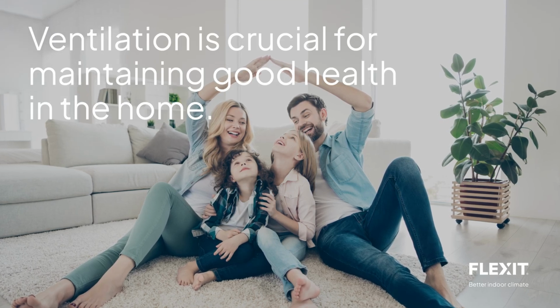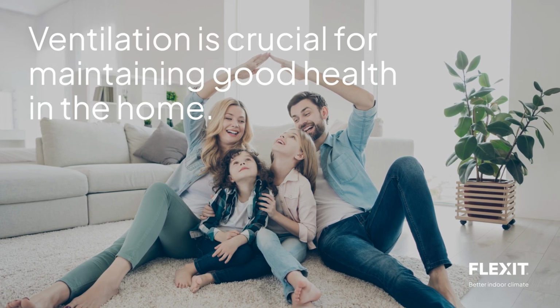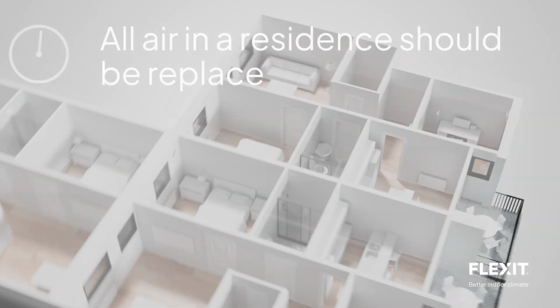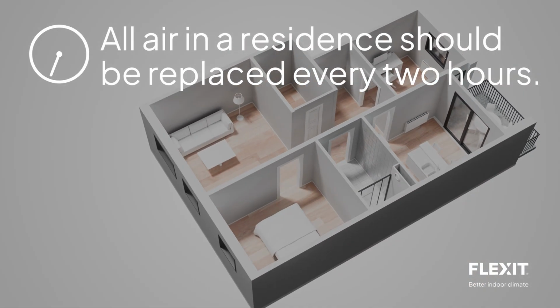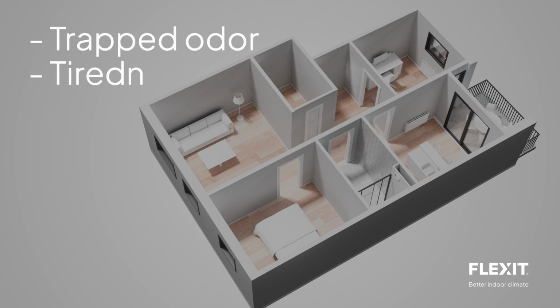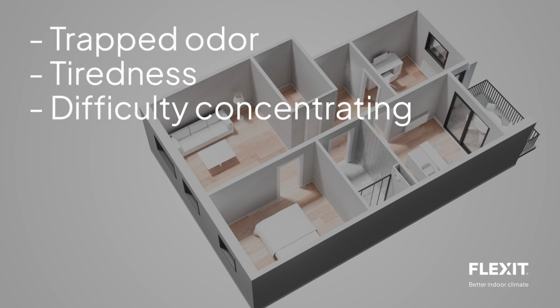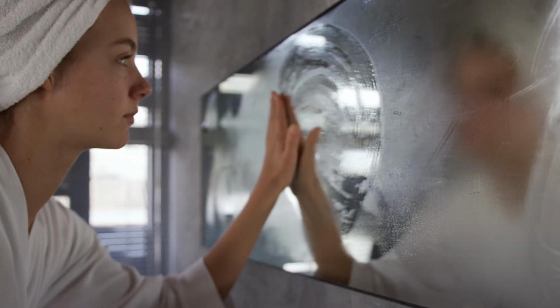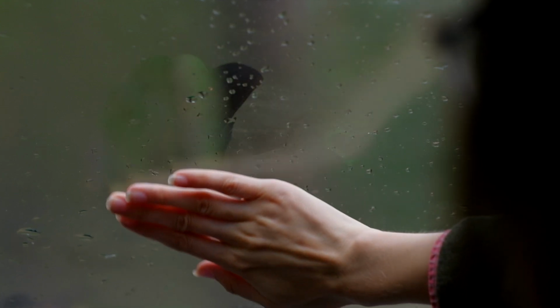Ventilation is crucial for maintaining good health in the home. General building regulations recommend that all air in a residence should be replaced every 2 hours. Poor ventilation can lead to a trapped odour, tiredness, and difficulty concentrating. It can also result in moisture problems, such as persistent fogging on mirrors, condensation on the inside of windows, and